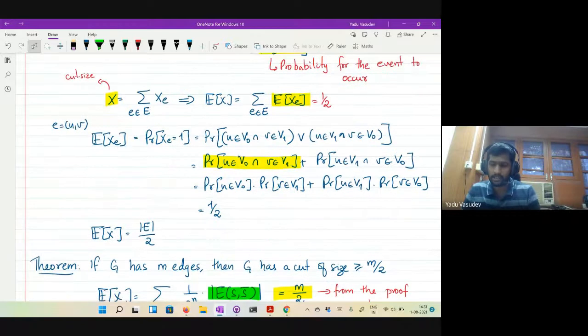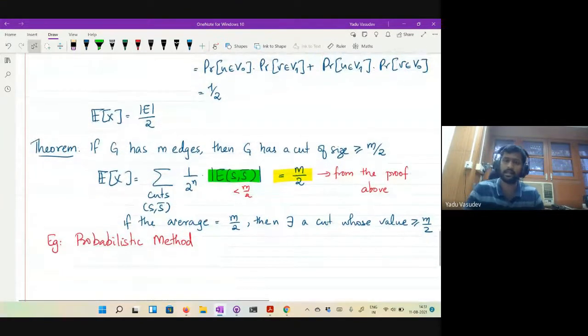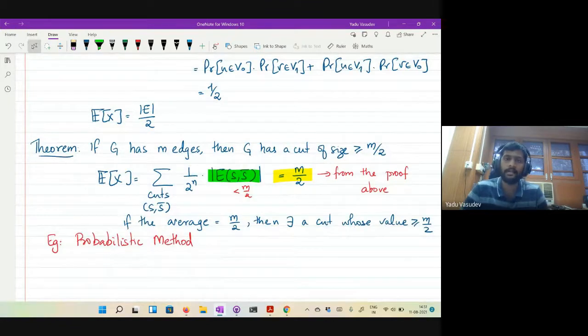So that again, you need to know what is the probability that you will get a cut of that size. For that, you need to know what is the probability that X is going to be greater than m over 2. That's what you want to know. Only then you can say how many times you should repeat. If it's a highly unlikely event, say the distribution is such that the weight on cuts of size less than m over 2 is larger, but then somehow the averaging makes it m over 2, then it's possible that you are unlikely to get the cut. It must be there. The expectation is there, but you're unlikely to get it.